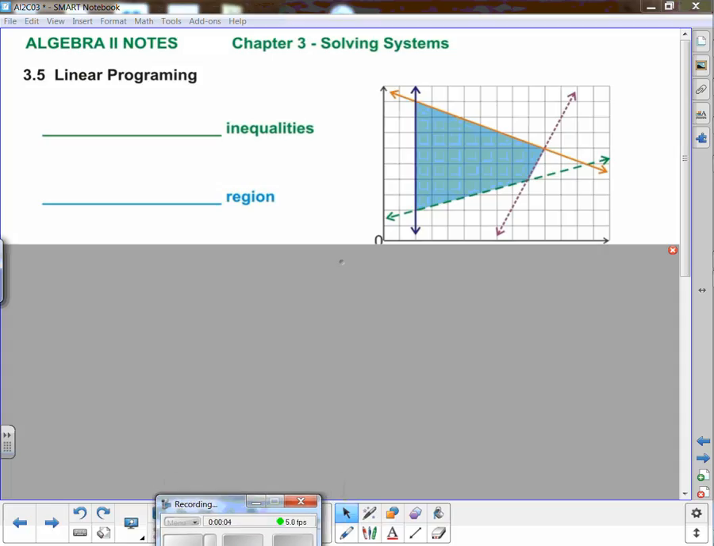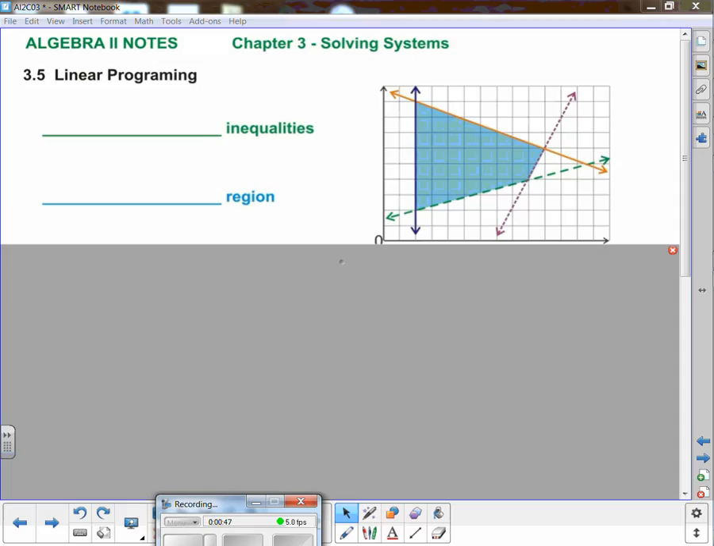Okay, linear programming. What we're really going to do is just introduce you to linear programming and give it to you from a simplistic aspect. Linear programming is real life situations. However, in real life, there might be 30 equations. There might be 20 equations that go into figuring out how to either maximize a profit or minimize labor cost or minimize waste or maximize